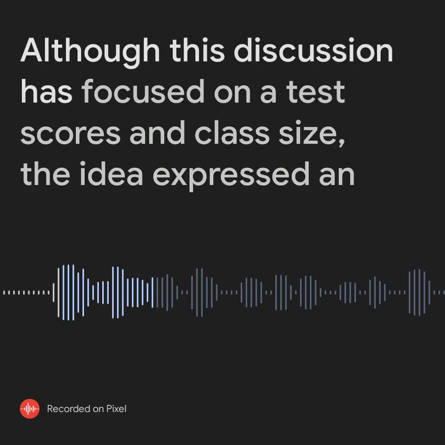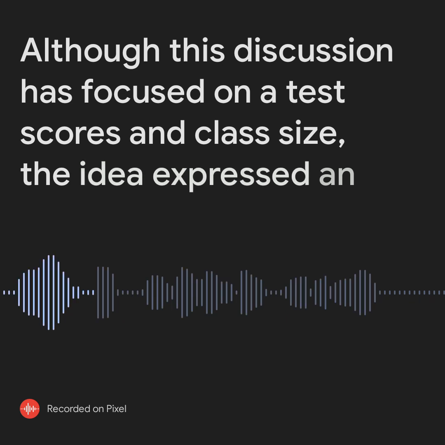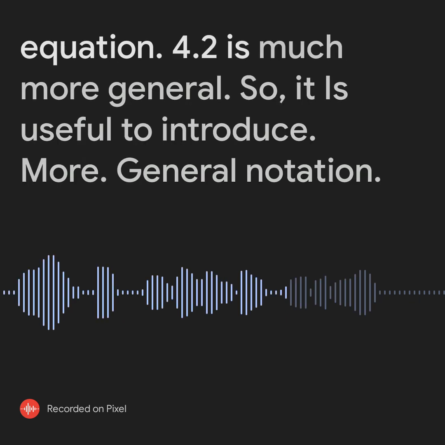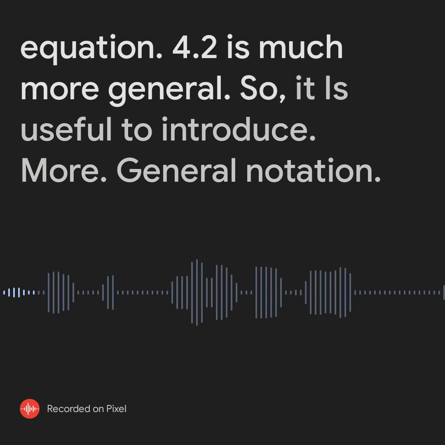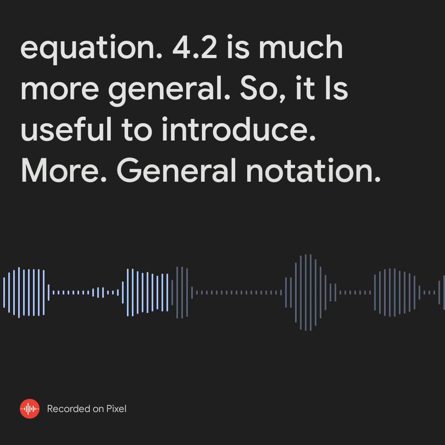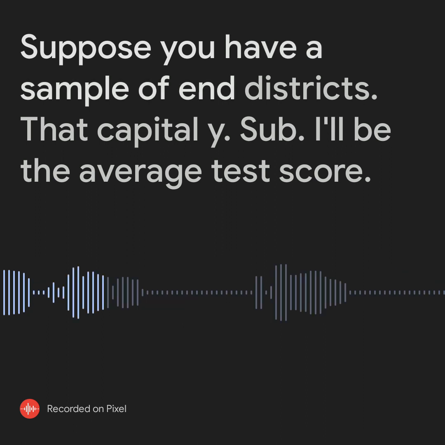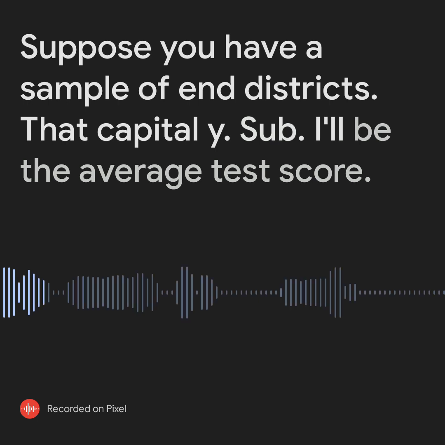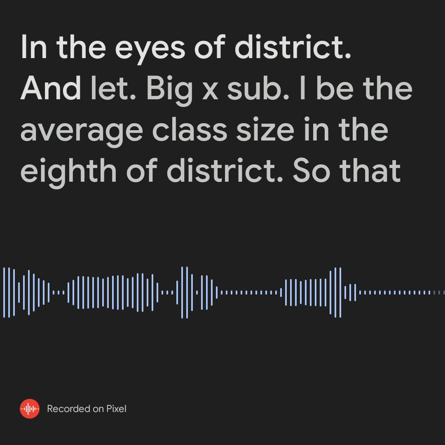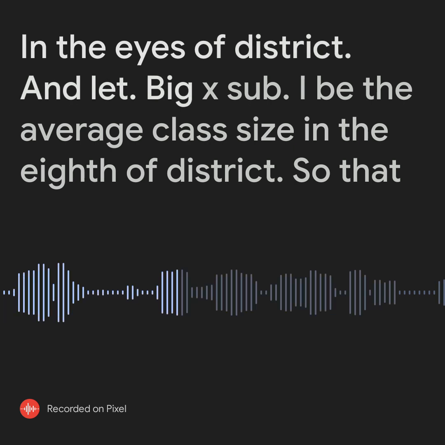Although this discussion has focused on test scores and class size, the idea expressed in equation 4.2 is much more general. So it is useful to introduce more general notation. Suppose you have a sample of n districts. Let capital Y sub i be the average test score in the ith district, and let big X sub i